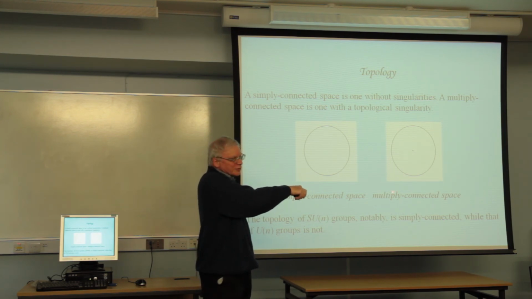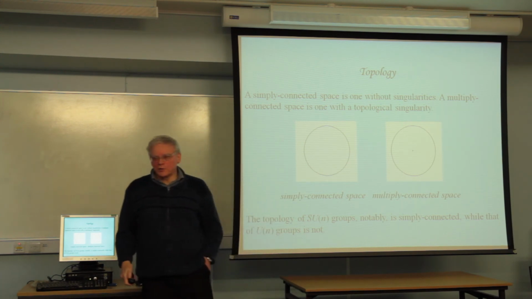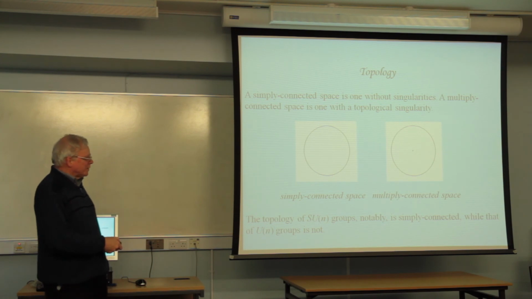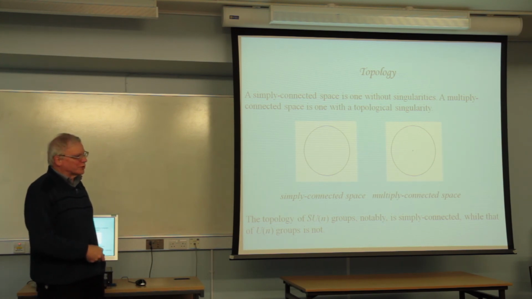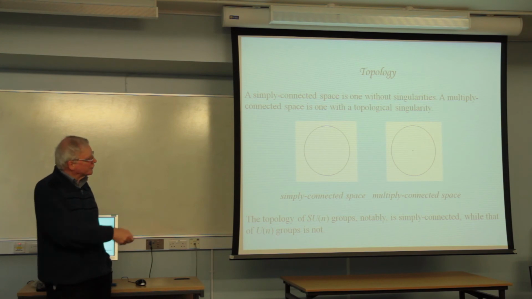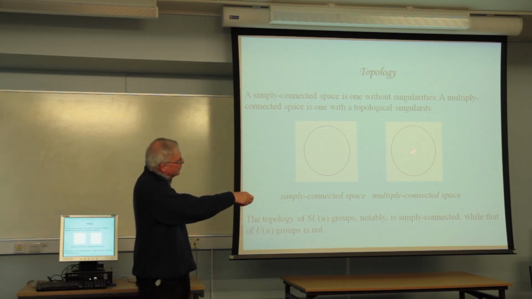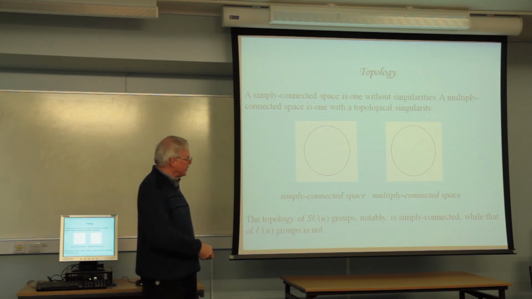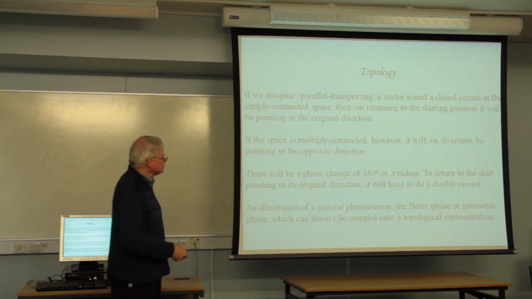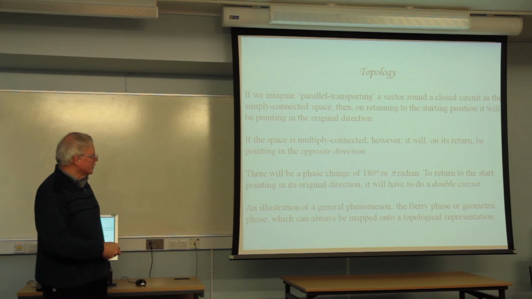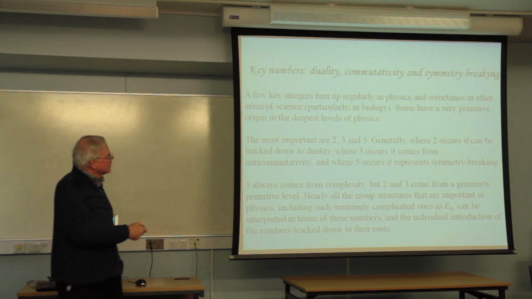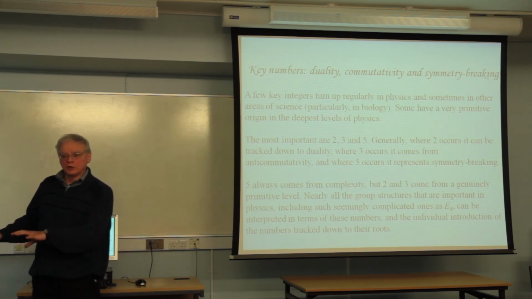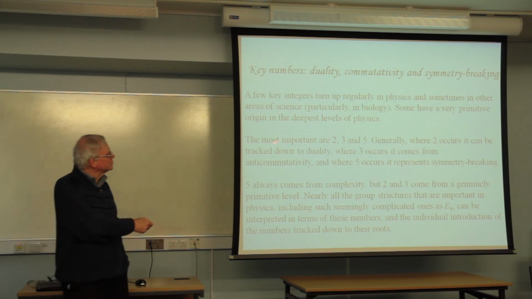the opposite direction. And that's a very well-known result in topology, and it's connected with a physical phenomenon called the Berry phase, in which, if you've got a singularity in the circuit, then you end up with a 180 degree or pi phase change. So I think I've explained that there. And that's all I want to say about that. I'm just introducing these topics. The relevance of them will come when we actually talk about physics.